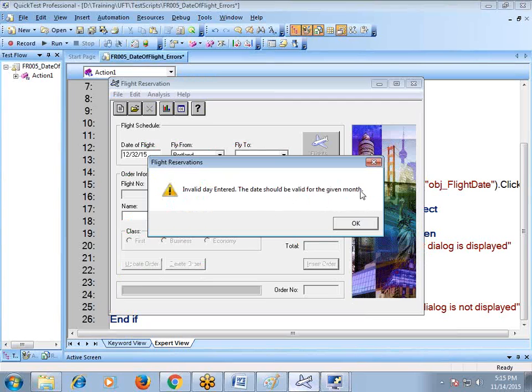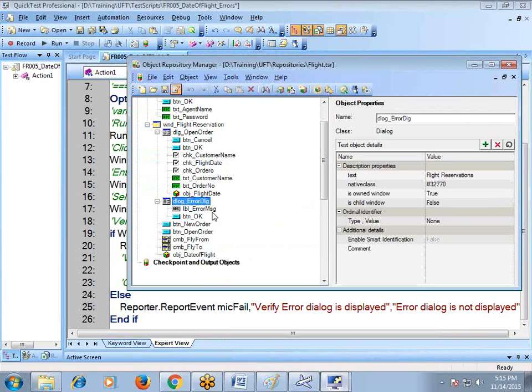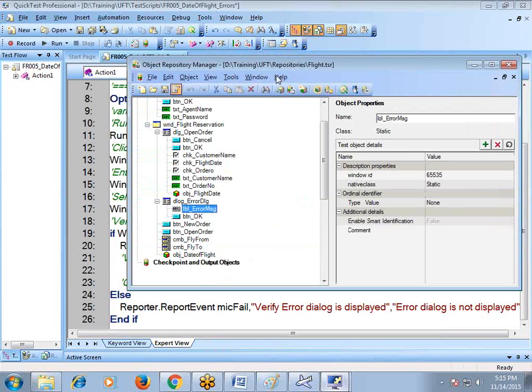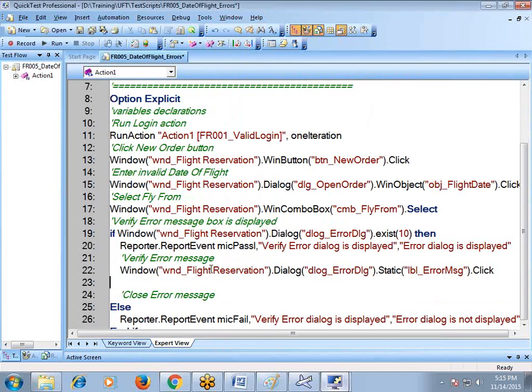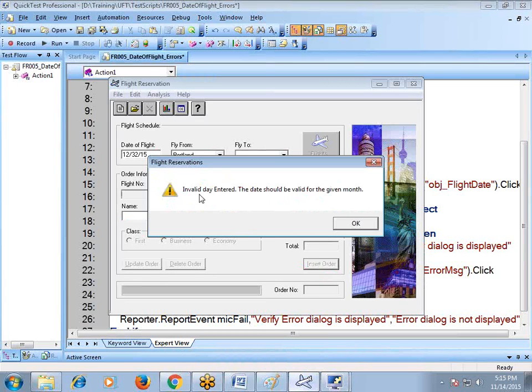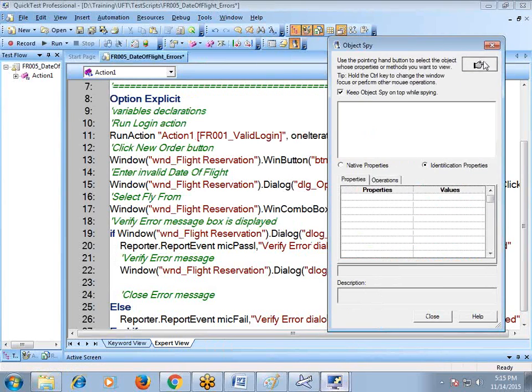So this element, this label element is already added in the repository file. Go to that. It is the error message label. So inside this error message label, what is the message displayed? That is what we have to verify. So inside this error message label, what is the text displayed? So let us see what is the property for this message. Let us see that property value in object spy for this label,